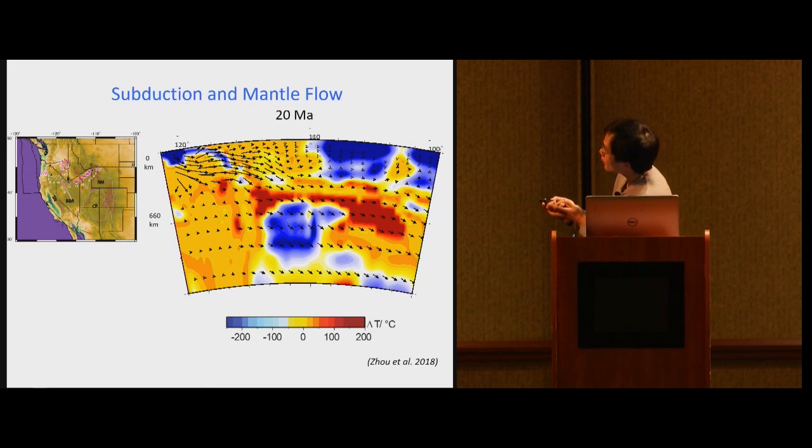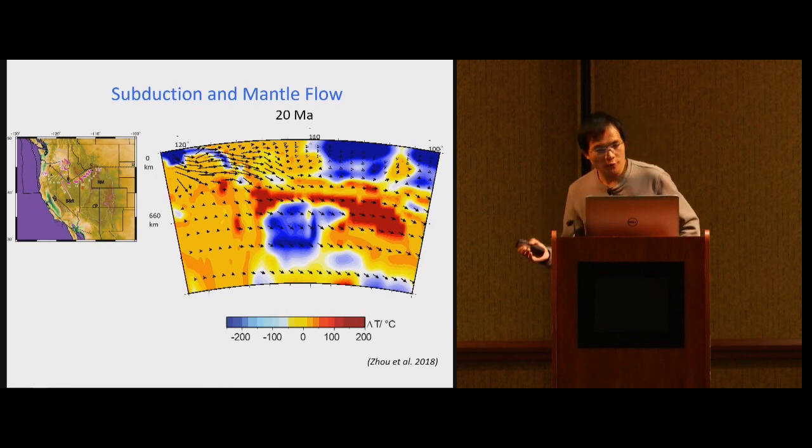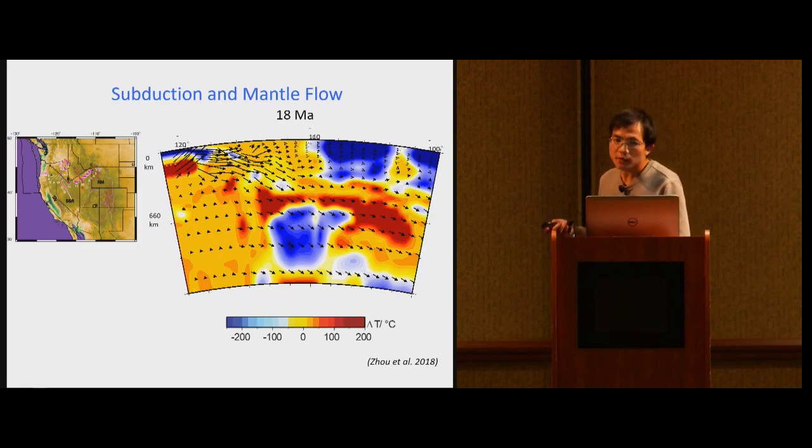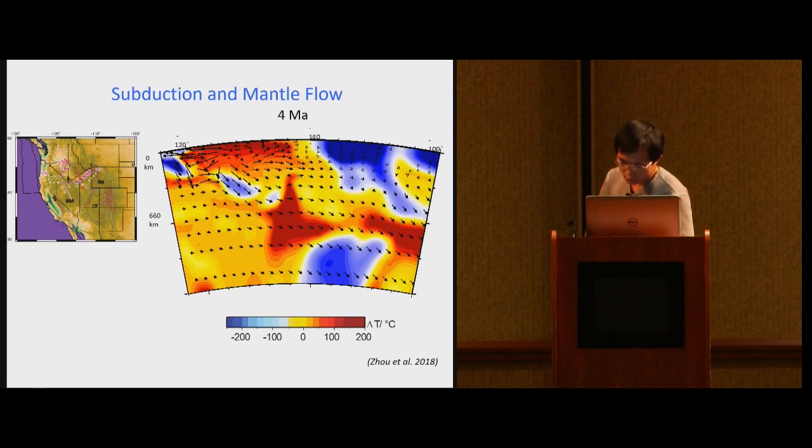And this reddish, this hot anomaly at 600 kilometers is the restored plume. So if I play this time sequence forward in time, this is 20 million years ago. Ma means millions of years ago. As we can see, at 18 million years ago, some hot anomaly from shallow mantle,